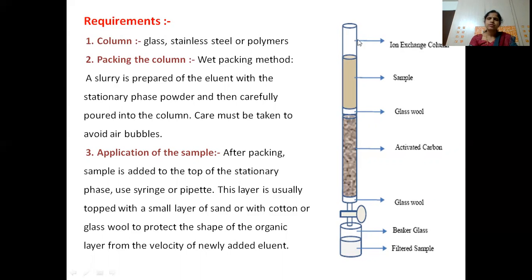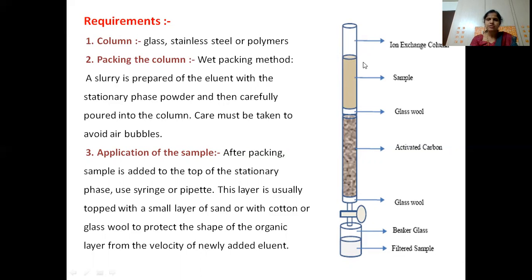Okay, so the solvent eluent, whatever we are taking, we have to first see that the eluent is placed on the resin also, because the resin will get dried up. So see that some of the resin is being covered by the eluent there. Then place some glass wool, and on the glass wool we have to place the sample. For the sample, you use a syringe or pipette to place it, and then on the sample again you can cover with the glass wool if you want.